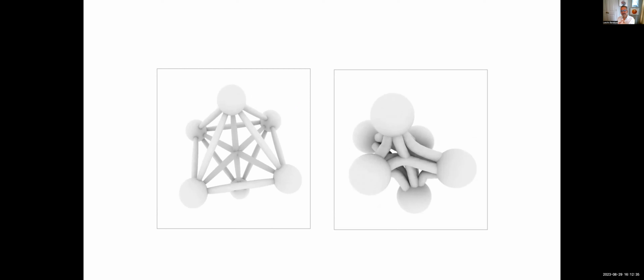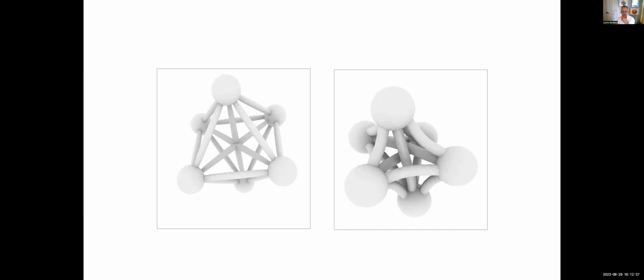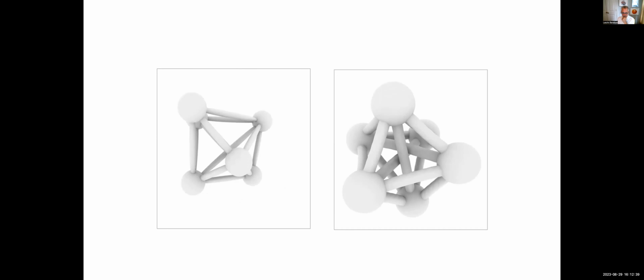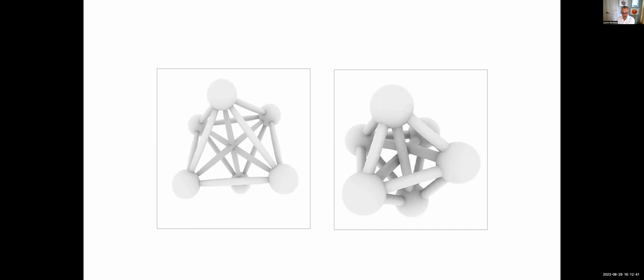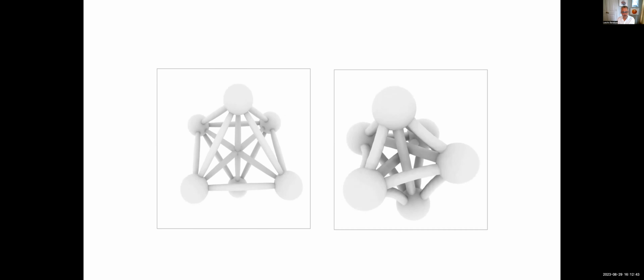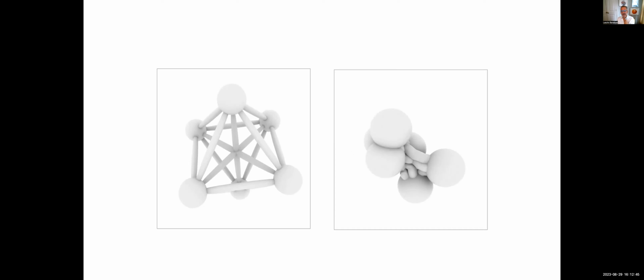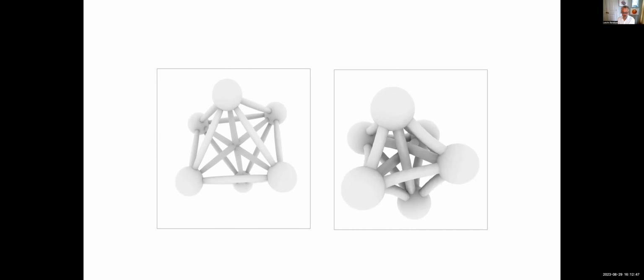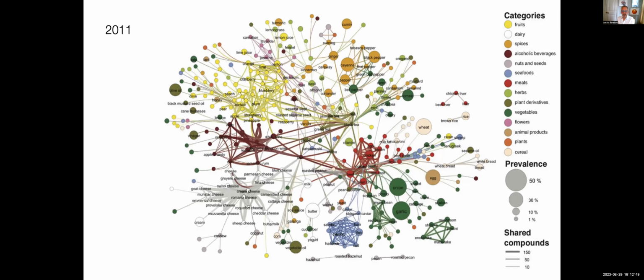Now, this is just an algorithm that allows us to lay out larger networks. And back then, when we produced that, in 2018, we wanted to test it on a larger network, not just a toy network. For that, we ended up choosing a network that we mapped out a decade earlier, in 2011, which is what we call the flavor network.